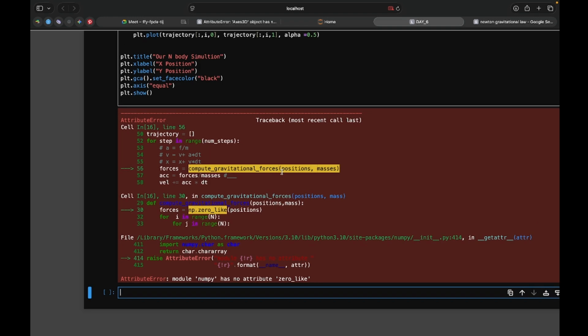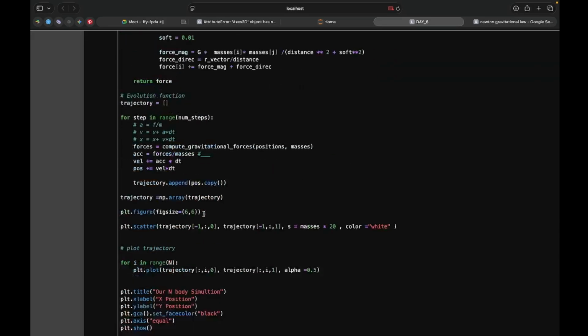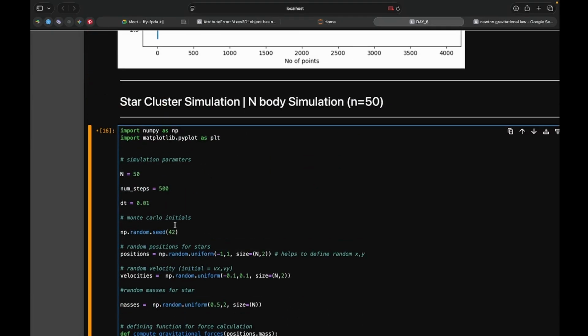Okay, that was not the error I was expecting. It's saying zeros_like doesn't have any attribute. Also we have not defined the value of g, so we'll fix that first. So where is the zeros_like? It's the zeros_like. Okay, so here,